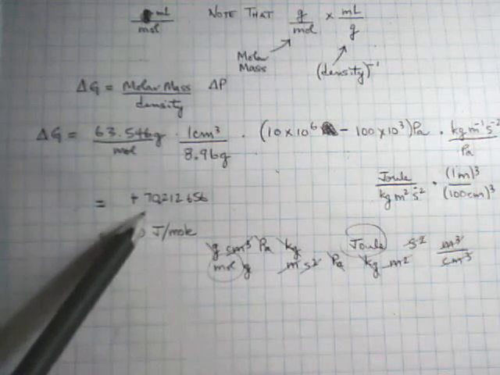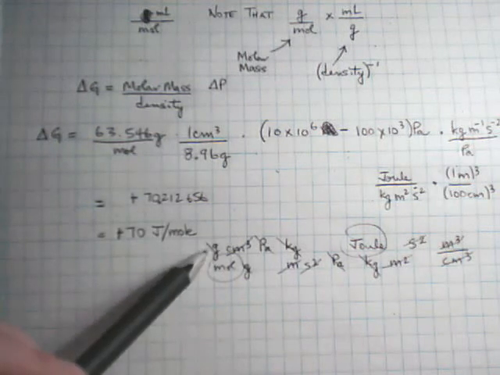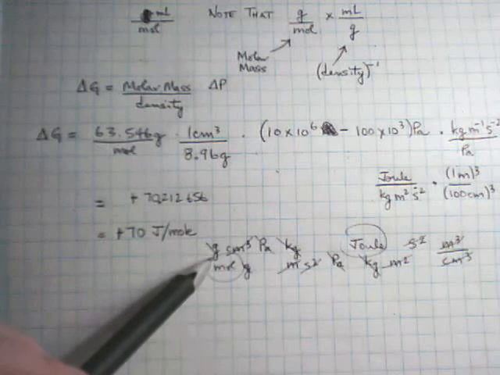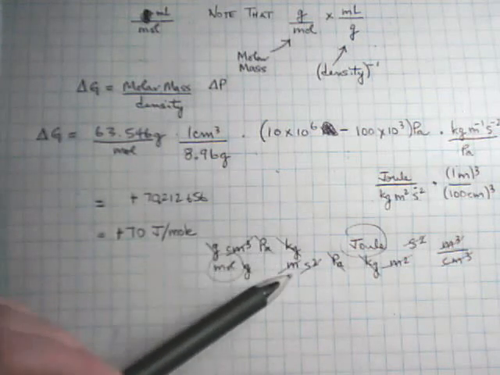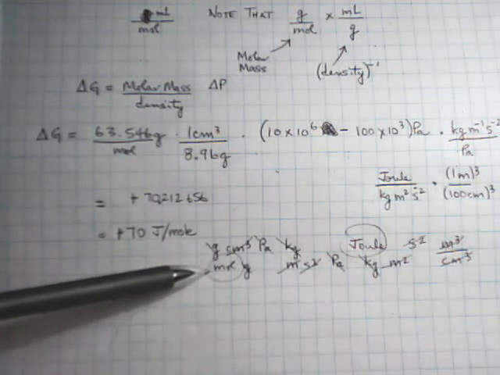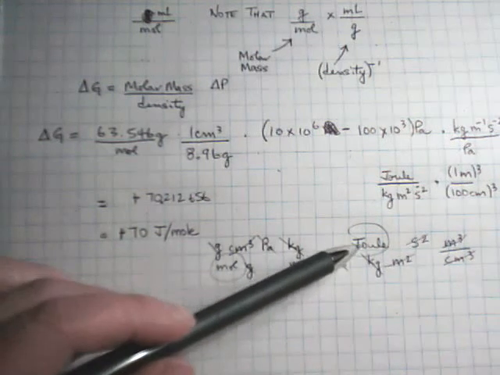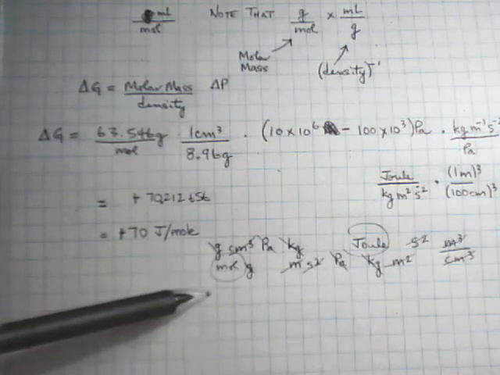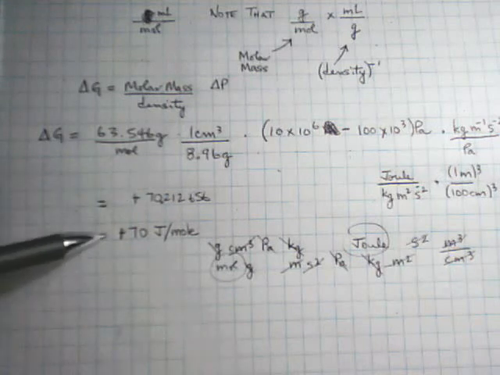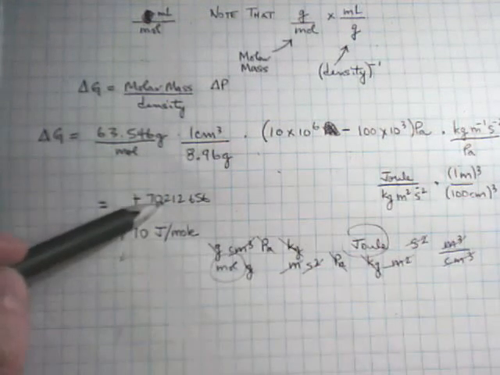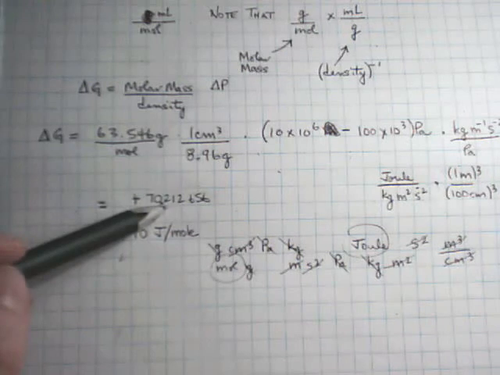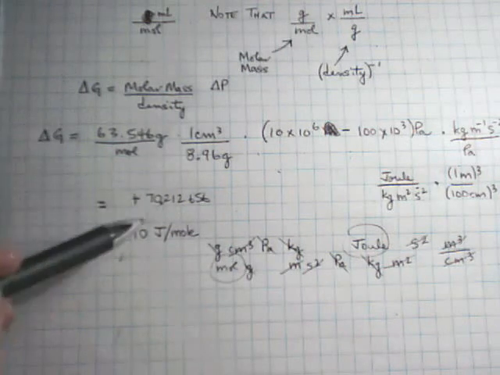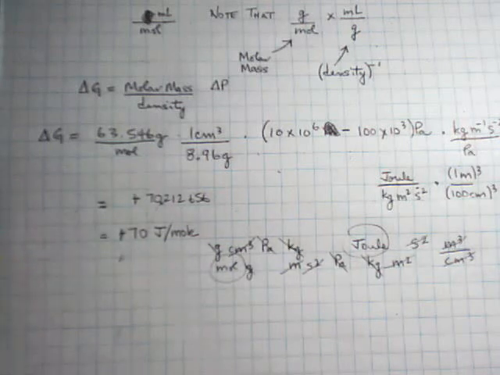And that's the number that I got, and then I took down all these units to make sure that they were correct. So I went through and collected all the units on a general numerator and denominator, and I ended up with joule per mole as outstanding, so that's perfect. And the answer is 70.212656. I just copied down all the numbers. And it's positive, so the answer is 70 joules per mole.